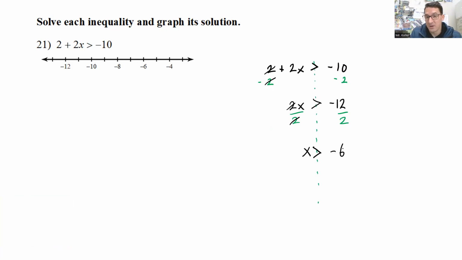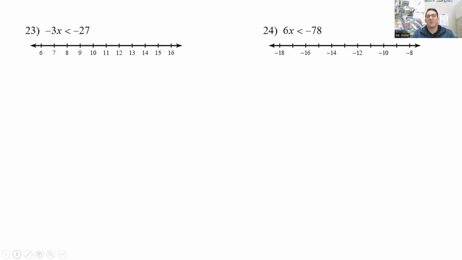So no line underneath, so I'm going to put an open circle on negative 6. And x is greater than, it's opening up, so x is bigger than negative 6. I need to shade all the values bigger than negative 6. That's going to be everything to the right of it. There you go, done. One thing you may remember from IM1 is that sometimes you need to flip the inequality